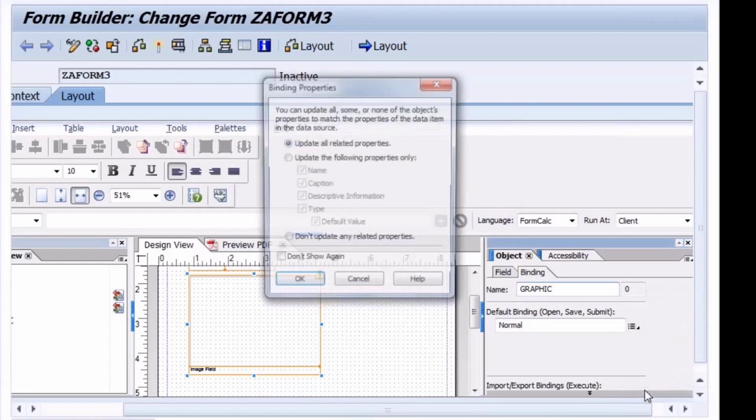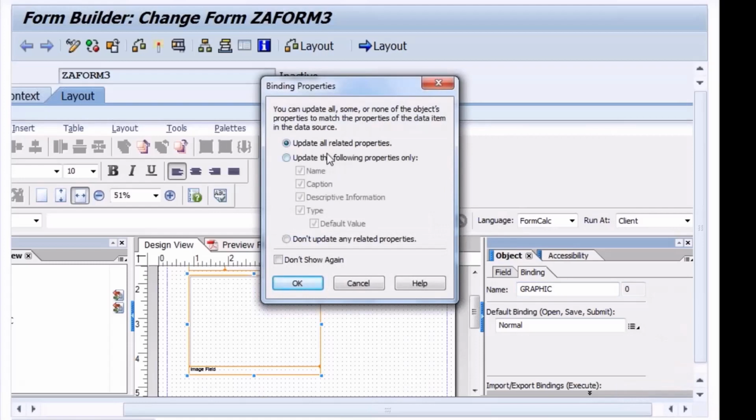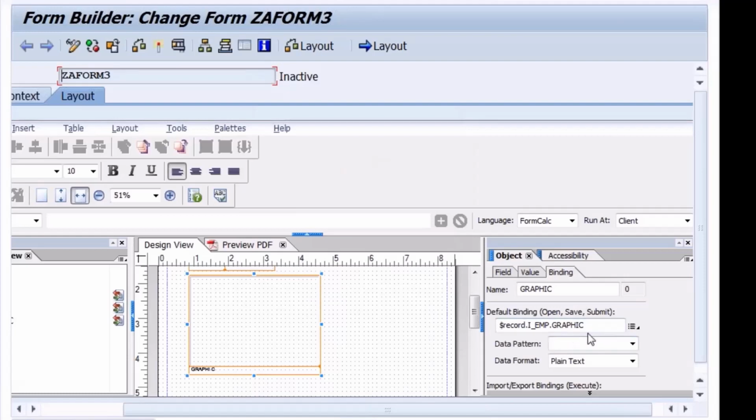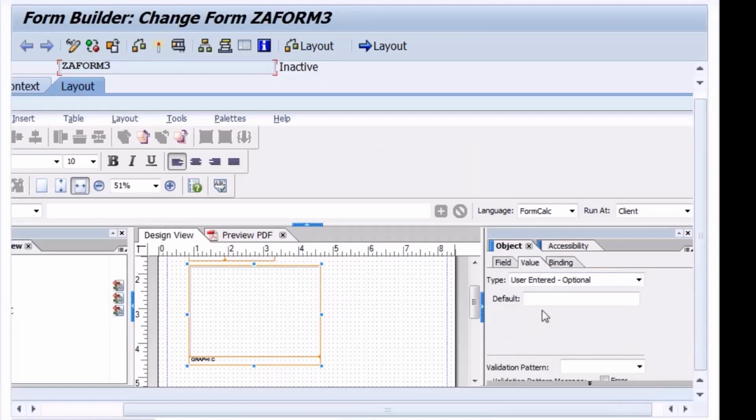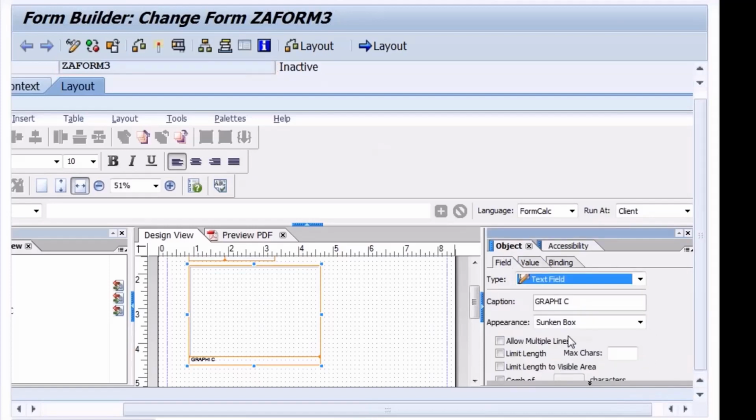I'll take what? Graphic. Done. Update all the related properties. Okay. Done. It is updated. Value, done. Field, the problem is here only. But again, why is it saying text field there?